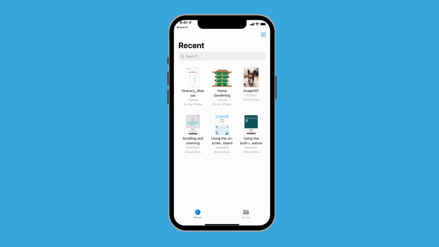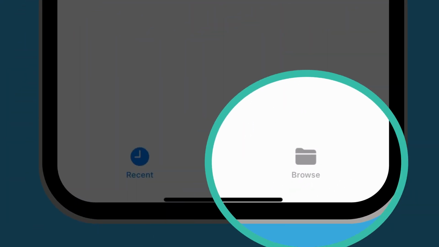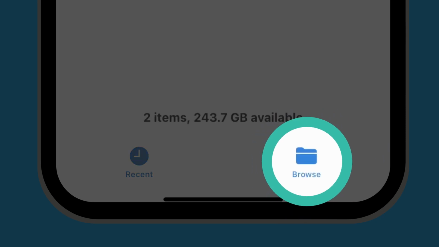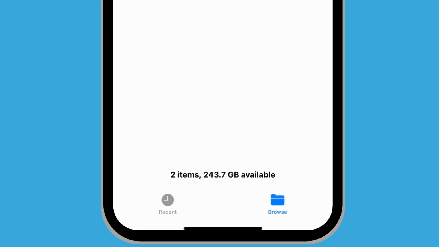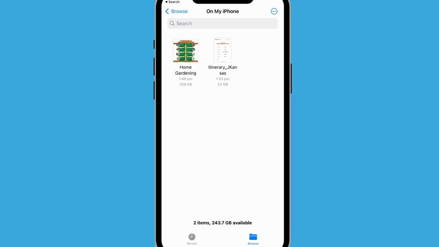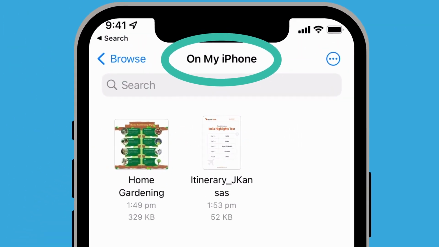There are two options at the bottom of the screen. If Browse isn't already selected, tap it. When Browse is selected, it will be blue. All the documents that have been saved to the Files app on your iPhone will appear here in the On My iPhone screen.